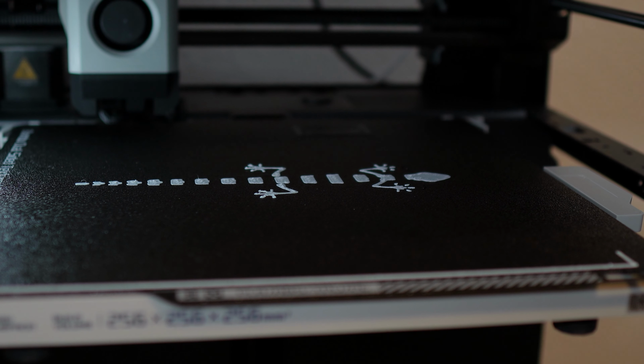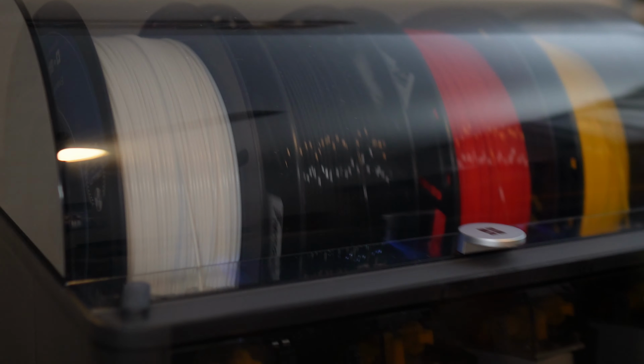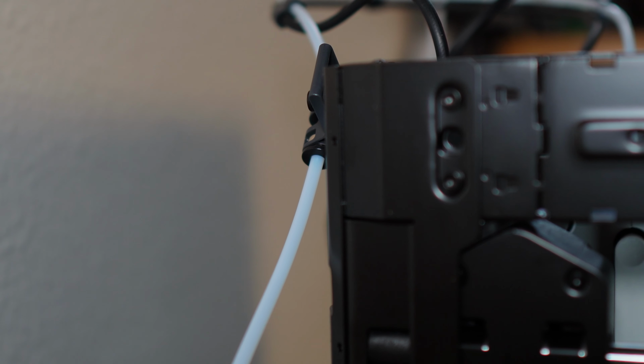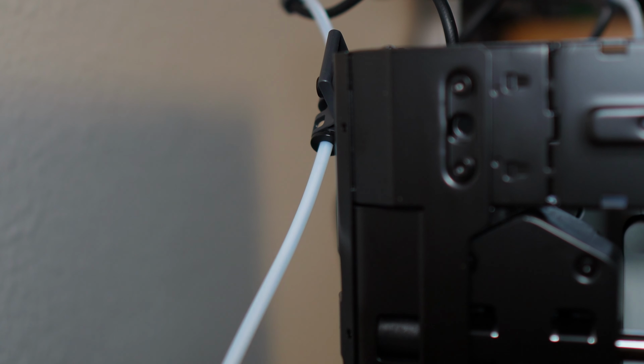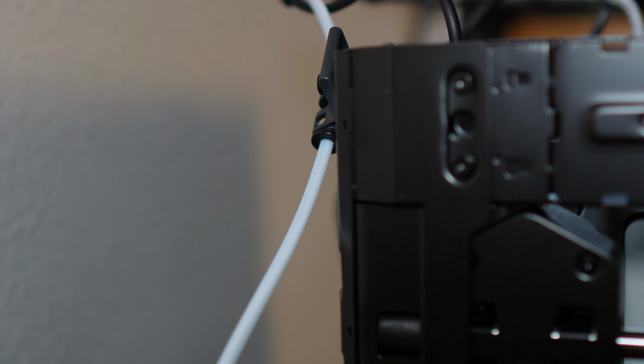So let's see how it brings in the white spool now. It's winding in the black. Let's see if the white one goes in without any problems. Here comes the white one, right in there. That went in with no problem. So the rest of the black one was getting...